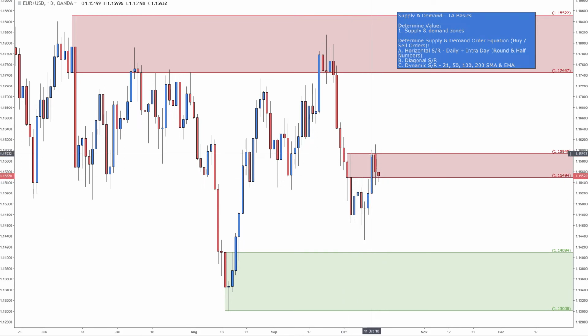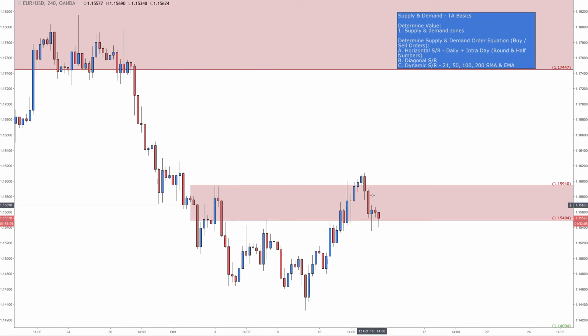I'm just waiting for price to come back up into this area before looking to get short, and as we did, I'll show you the entry, and again another outside candle. So we did kind of break through, but then we came back into this supply zone, producing an outside candle. And so at the moment,